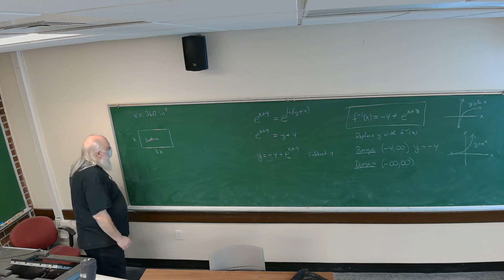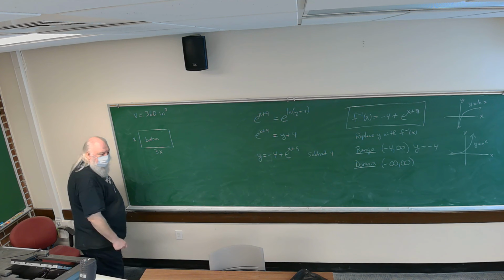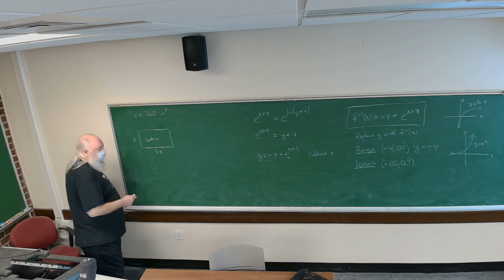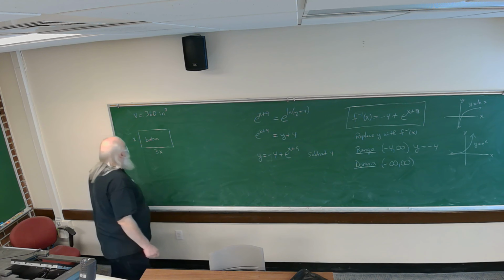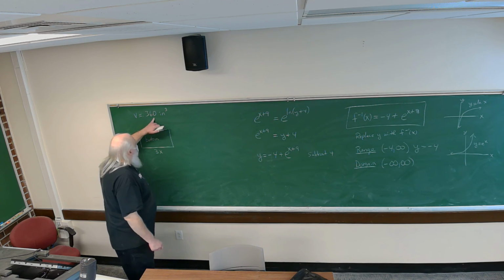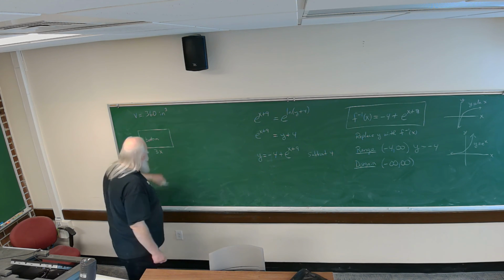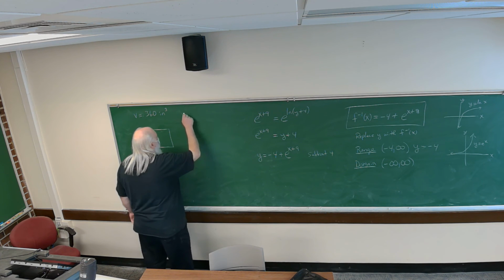And we have to write the surface area as a function of x. Express the surface area of the box as a function of the width. It doesn't give the name of the variable letter, so we'll use x, okay? The volume is 360 cubic inches, and x is the width,